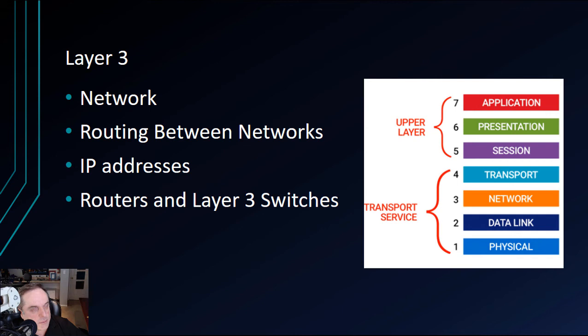Layer 3 switches do pretty much the same thing that routers do. They allow us to send data back and forth between differing networks. But the switches, in this particular case, have a lot more ports on them, of course. Usually routers just have 1 or 2 ports on them, and they connect into a switch. So they came up with a layer 3 switch, which does both routing and switching all in one device. And if you get what's called an inter-VLAN switch, then it allows you to route between the different VLANs all on the same switch. Now, those switches tend to cost a little bit more, but they can definitely save you from having to also configure a router.